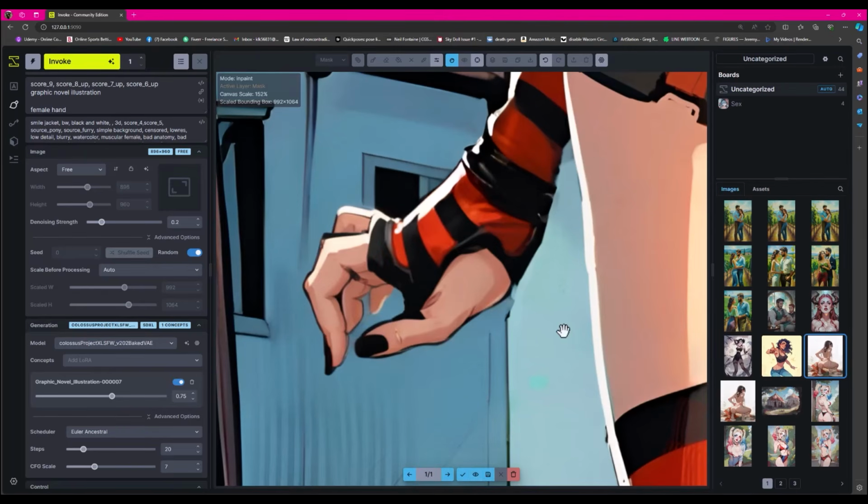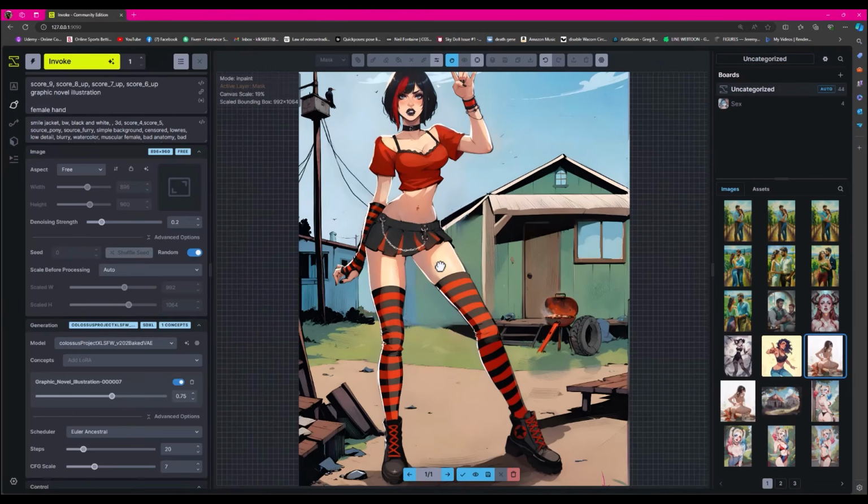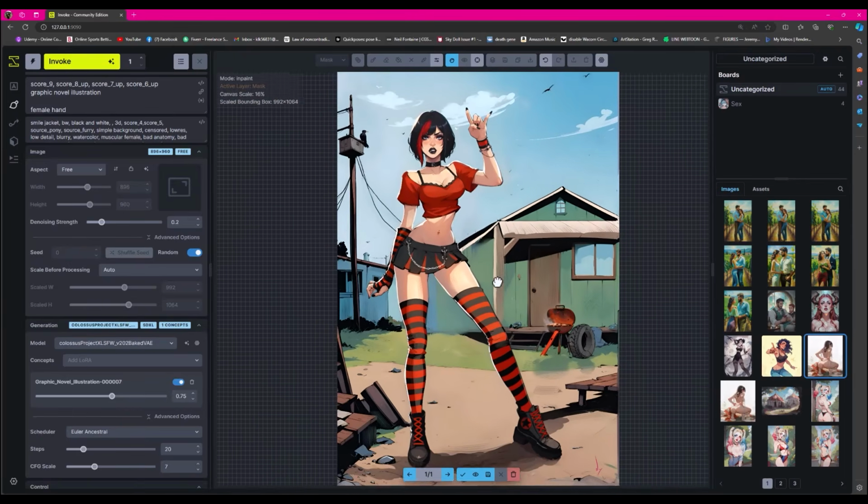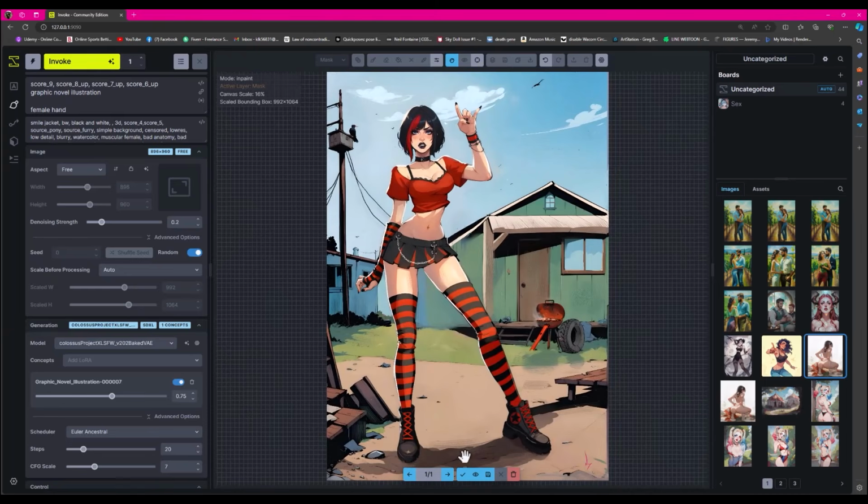So it made it look nicer. And I can come in and just fix up a little, I can fix up that little line right there. There's a couple little mistakes it made that I can fix up. But for the most part, it stuck really close to what I had there. So that's a really nice illustration. And so yeah, that's how I took my